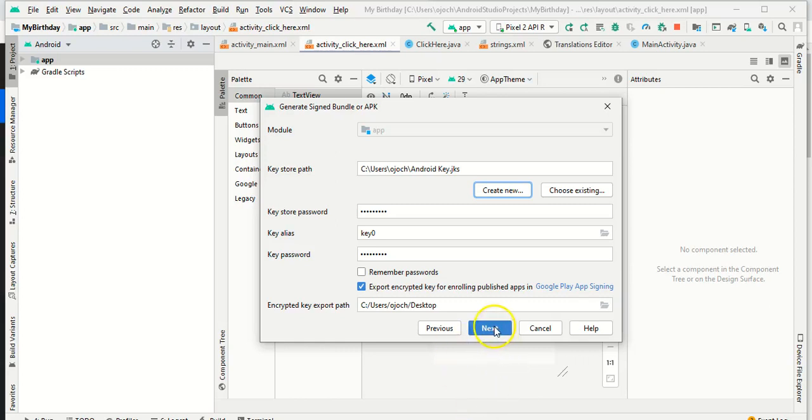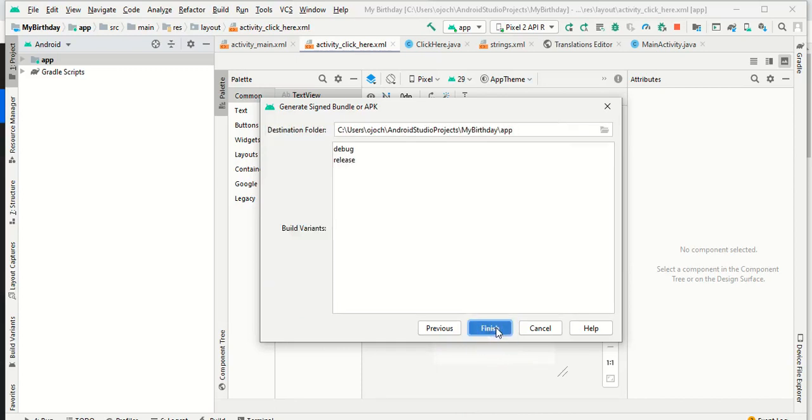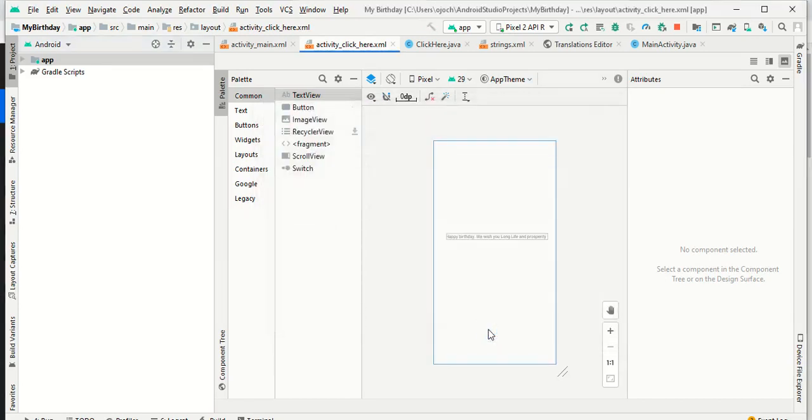After I've done this, it has already built the release for me. So this is what you select, not the debug app again. It's release that you select here, because that's what you are going to do. You are releasing the app to Play Store. So this is the release version of it. Then you click finish. So with this, we have succeeded in signing our app and it is now ready to go